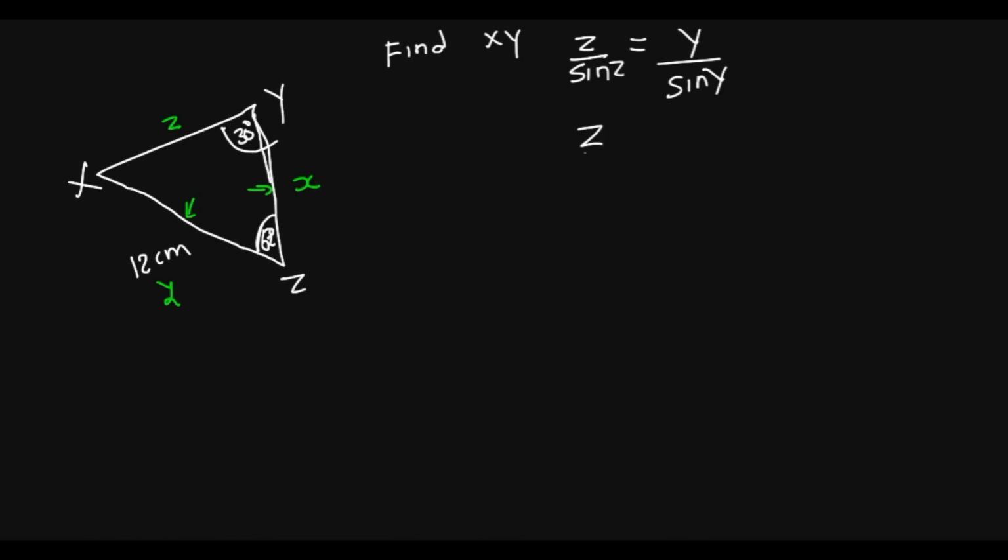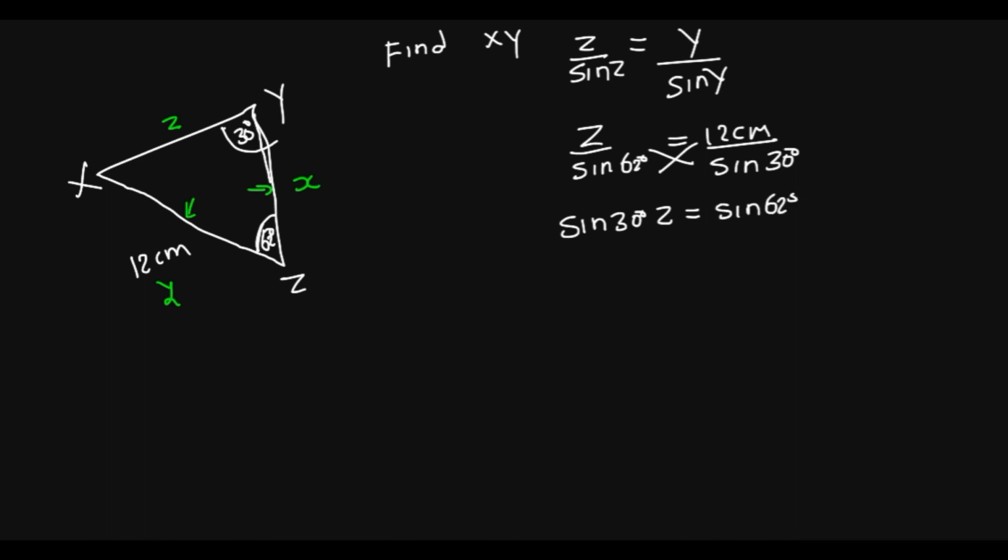So let's proceed. Z is what we are solving for, over its angle, sine 62, is equal to y, the distance for y, this one, so it's 12 centimeters over sine 30. So if we cross multiply, we have sine 30 times z is equal to sine 62 degrees times 12 centimeters. Then we can divide by sine 30, so we have z is equal to